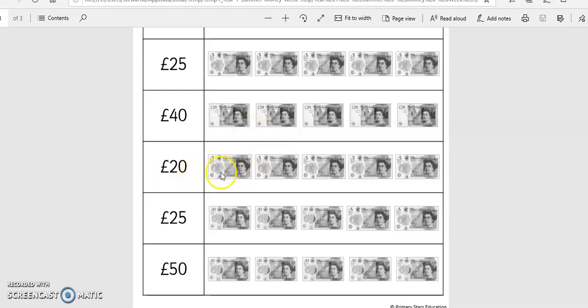For £20, you should have 4 £5 notes. And then for 25, you need to have, there's a mixture here, so look really carefully. 2 £10 notes and a £5 note. And for 50 at the bottom, then you'll have 1, 2, 3, 4, 5